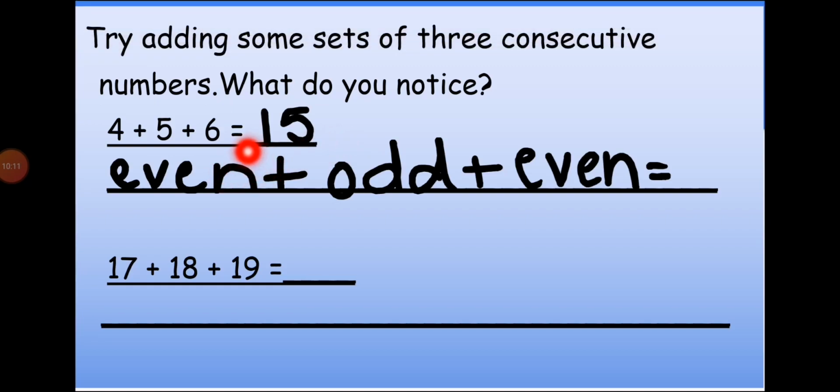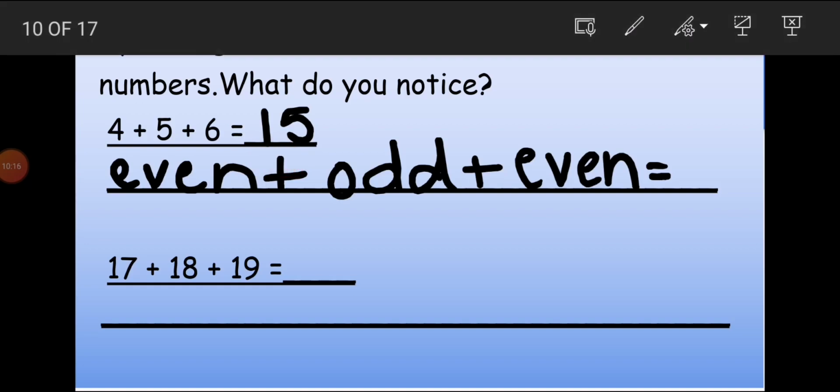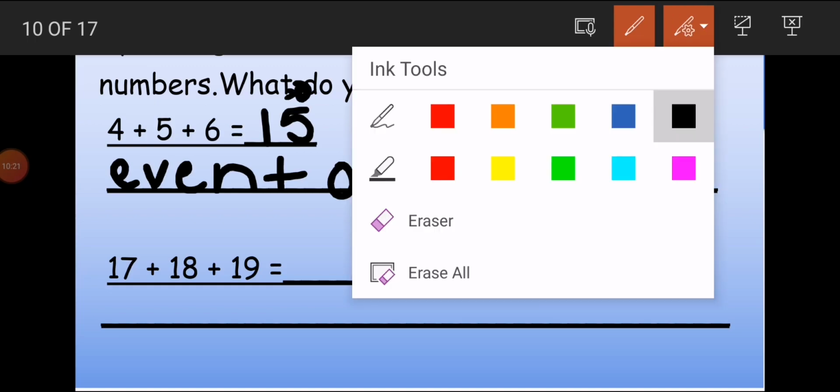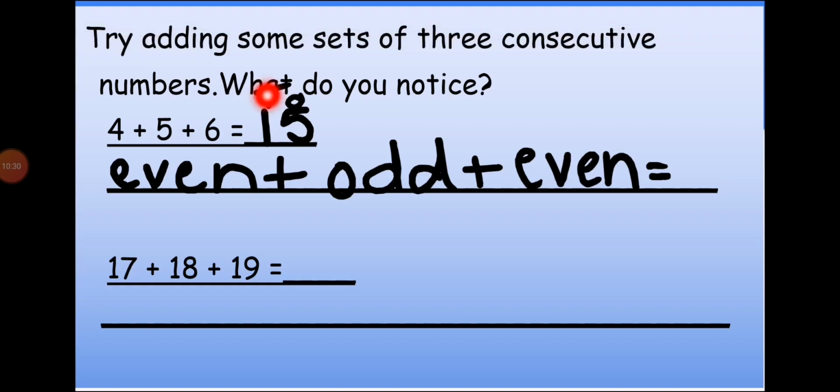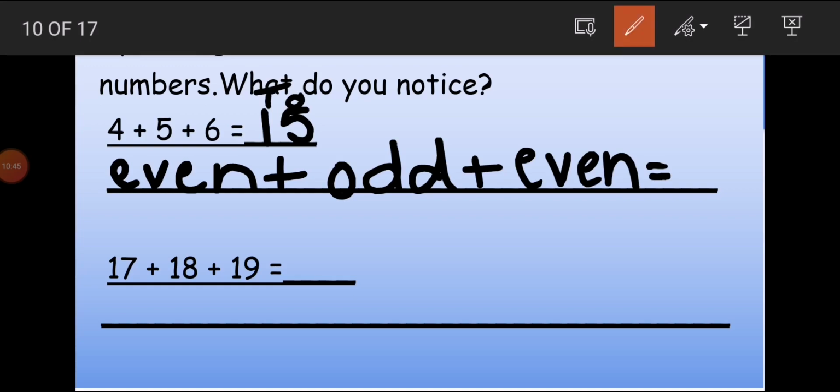Now check the 15. Is 15 odd or even? Again, we check the ones place. We put the place value to check this. Sorry, let me write it neatly. Here 5 is in the ones place because it is the right-side digit, and 1 is in the tens place. So 5 is on the ones place. The numbers ending in 1, 3, 5, 7, 9 are odd numbers. So 15 is an odd number. So when we add even, odd and even, we get an odd number as the result.